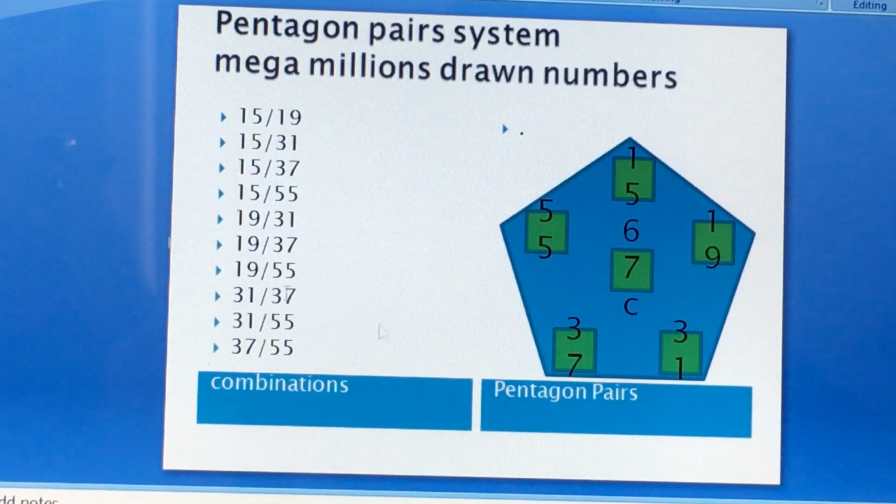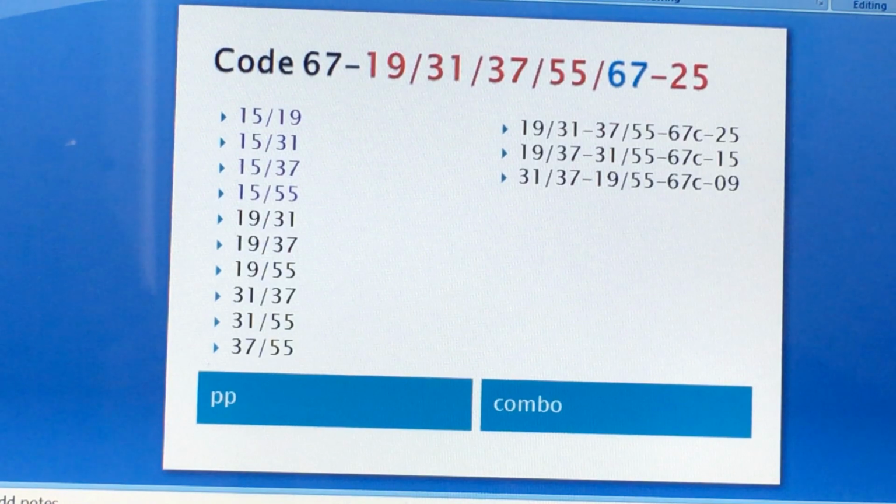For instance, for Mega Man, the pentagon pair system was 15, 19, 31, 37, 55, and 67. For the last draw, the 67 was the code. Remember, if you find the code over there, all you do